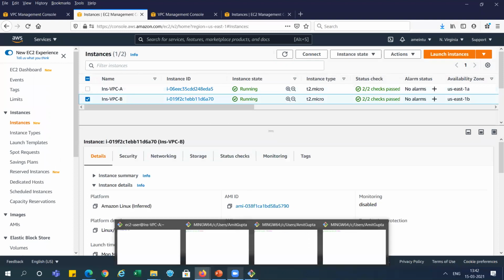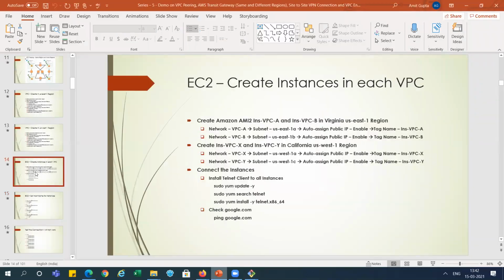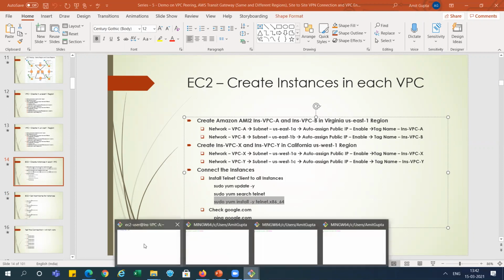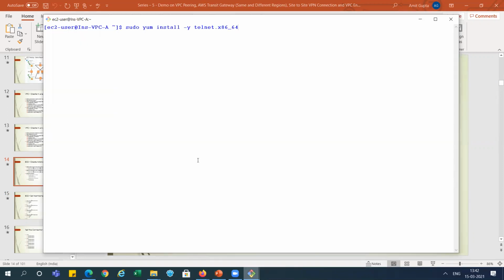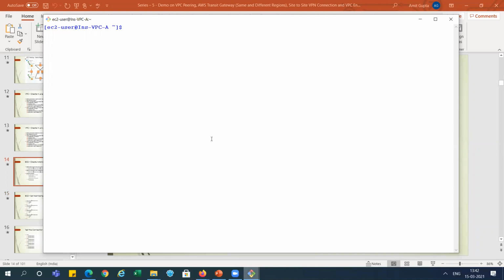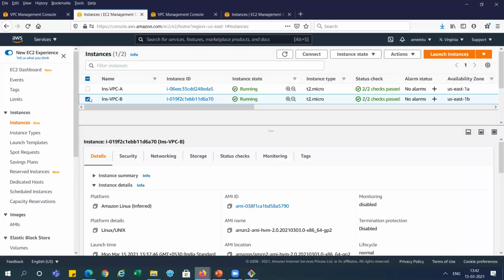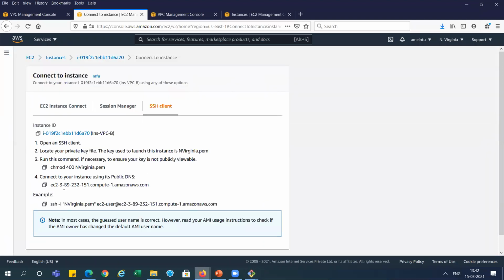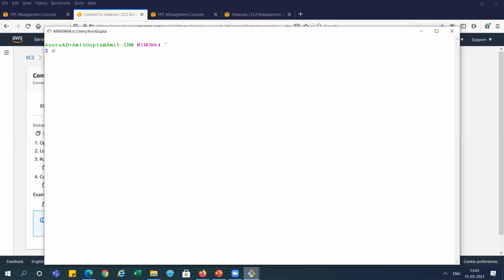And also we can see here in this document, we need to enable telnet, because we use the telnet command. So we need to install the telnet package, right? So we can go and install it over here. It is installed, right? So we have done the A side, right? So for the B connection, we can go and connect it. This is connected, so we need to go and connect it from here.